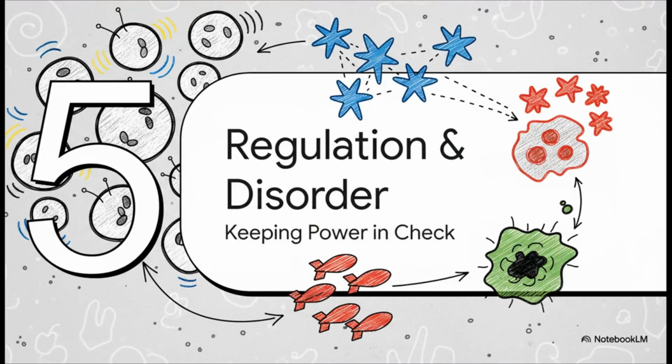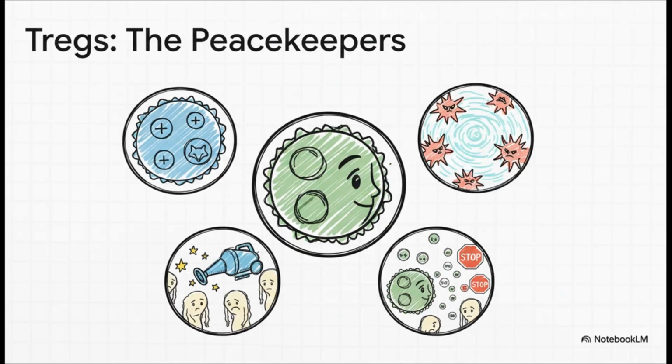So we have this incredible system that can hunt down and kill our own cells. It's unbelievably powerful, but that also makes it unbelievably dangerous. Without some serious checks and balances, this system could easily turn on us and cause devastating autoimmune disease. So this final chapter is all about how we keep that power under control and the chaos that ensues when those controls fail. The main peacekeepers of the immune system are a special kind of T cell called regulatory T